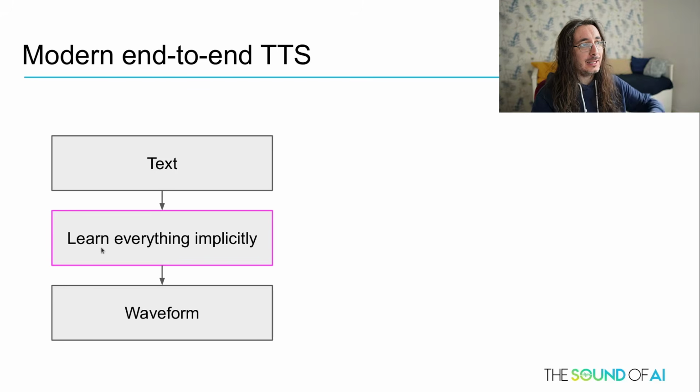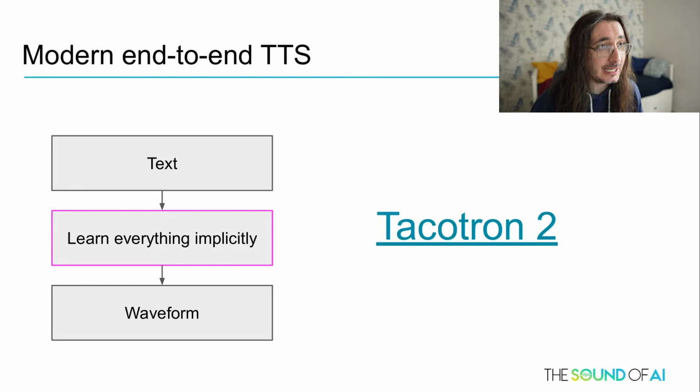So everything is learned implicitly, directly in the end-to-end model, so you don't need an explicit G2P model. And that's, for example, the case for Tacotron 2,